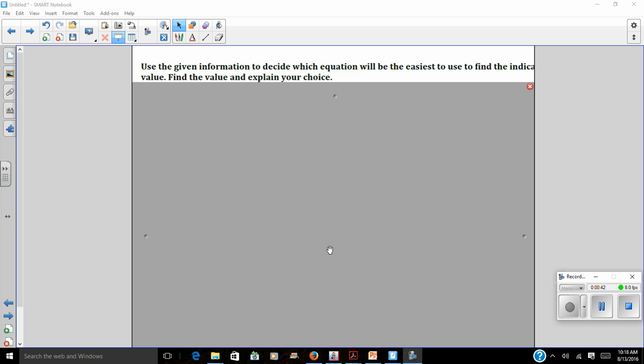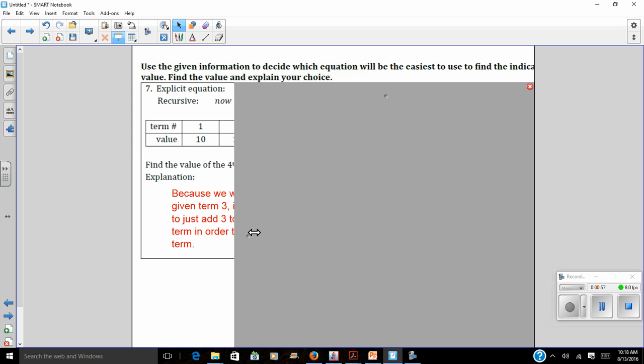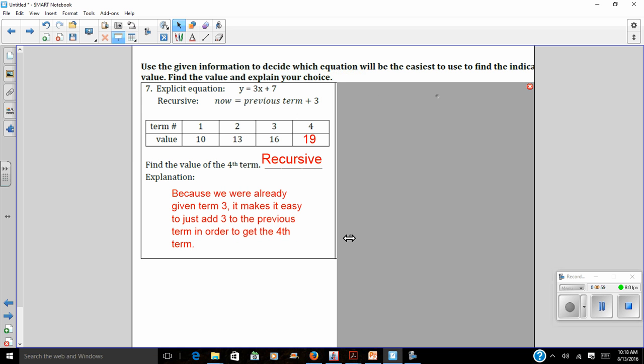Okay? So we're actually going to do problems 7 and 8 directly from your assignment. So if you have completed that already, you can check your work. If you have not, you are welcome to take that out now and complete it as we go and work together. Question number 7 is where we are going to begin, and it gives us two different equations, essentially meaning